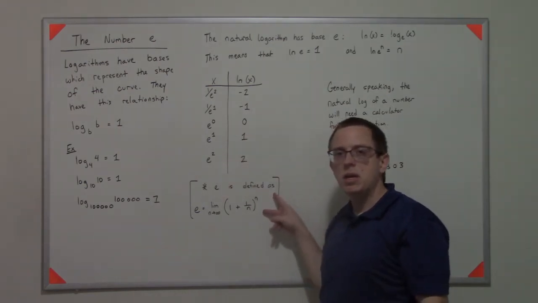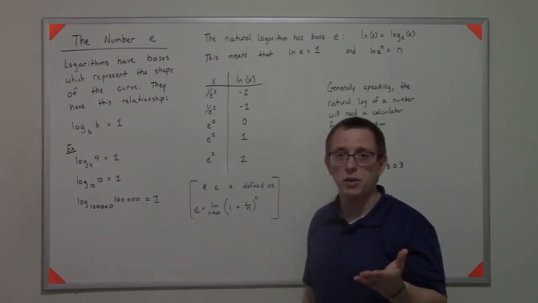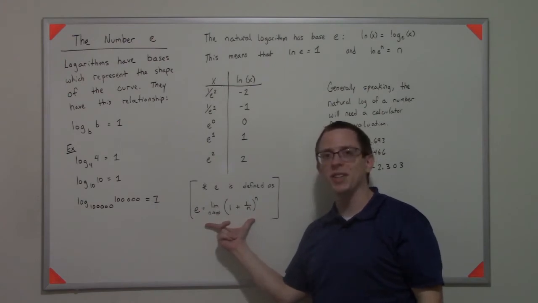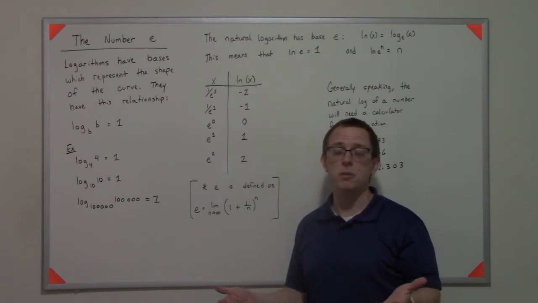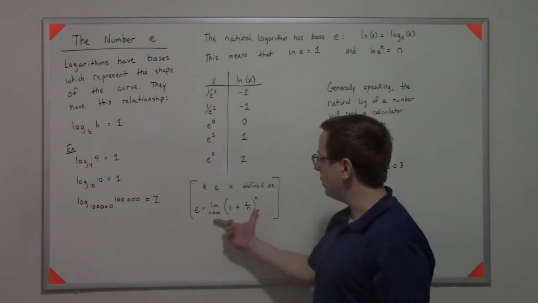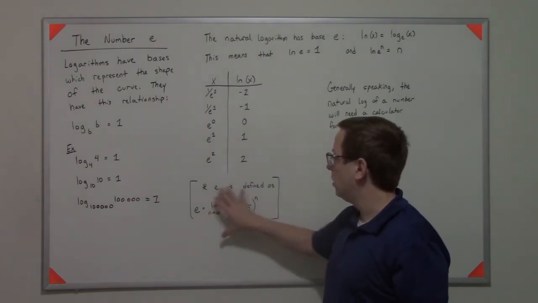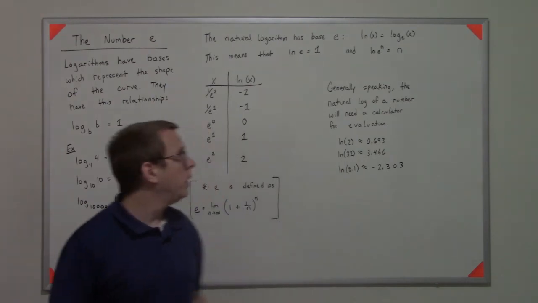And technically speaking, e is defined as this. What's interesting about the natural log is it's defined in terms of an integral, and e is actually defined in terms of a limit. So both of those pretty much need calculus to be defined. That's an interesting piece there, that's how they can be defined. But anyway,